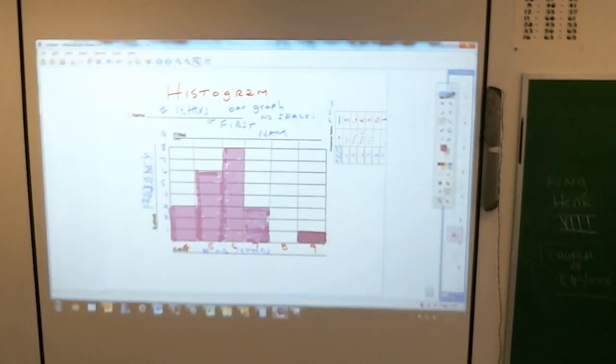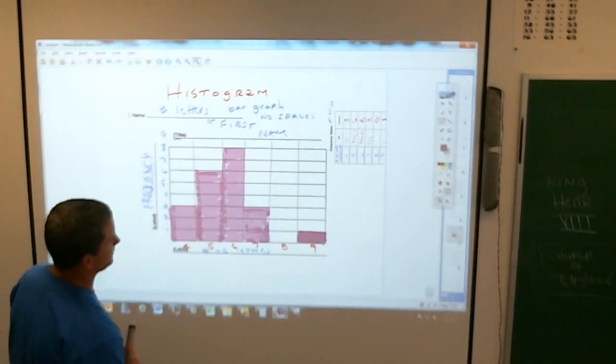And that, ladies and gentlemen, is exactly how a histogram works. Yours should look very much like mine because we do the same one, yes? Very much like that. Now, to show you how it gets a little different here,